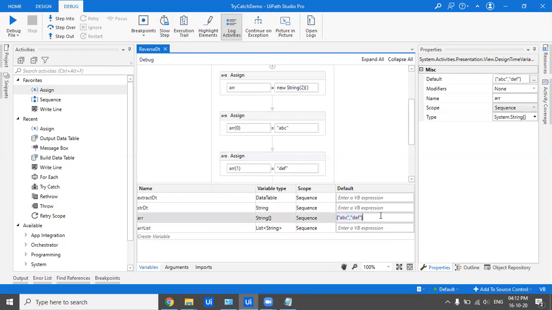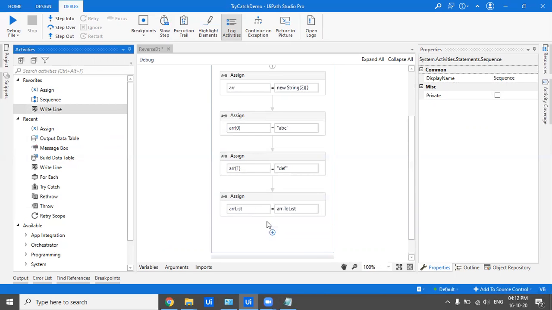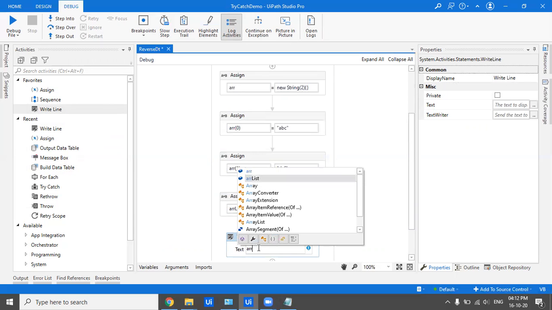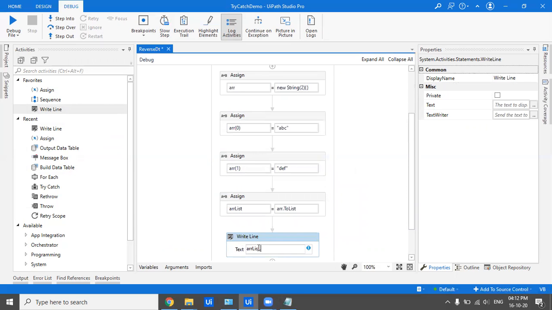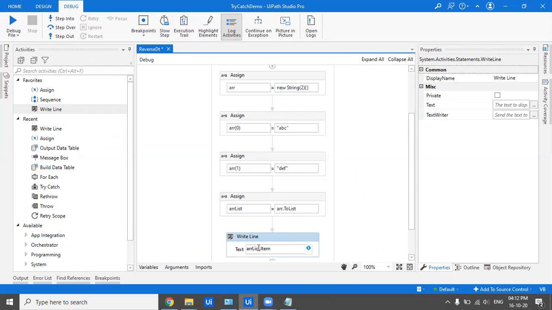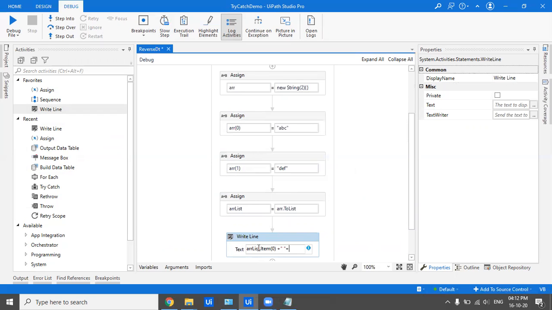If I even remove the default values, I'll drag in a write line now to print the values of the list. I think this is the way we do it: ARR dot item 0 and ARR dot item 1, and sorry, not ARR but ARR list.